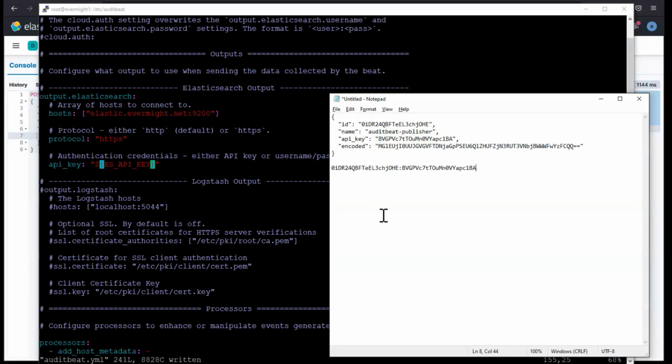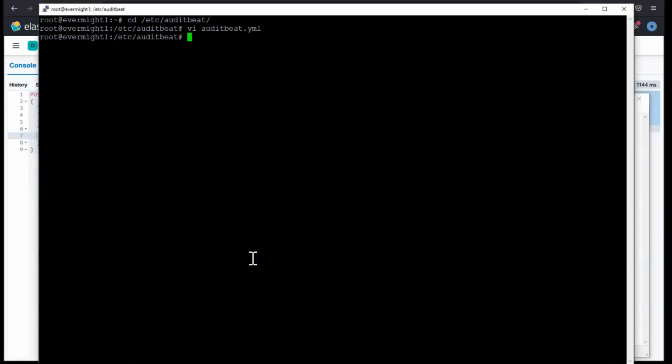All right, so I've prepared this. Now let's go use the keystore. Auditbeat binary, and we are going to run the command auditbeat keystore add ES API key. That's the variable name that we set in our YAML file. And we will have to state our configuration file,